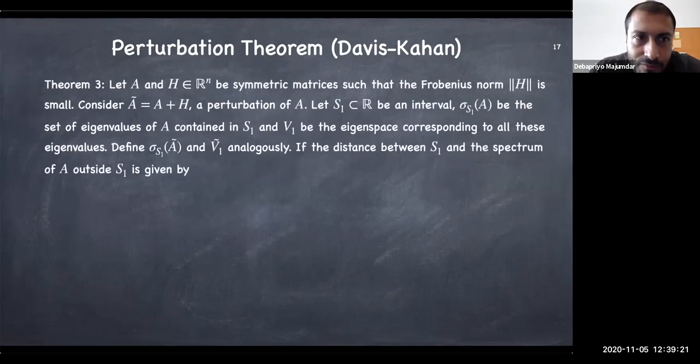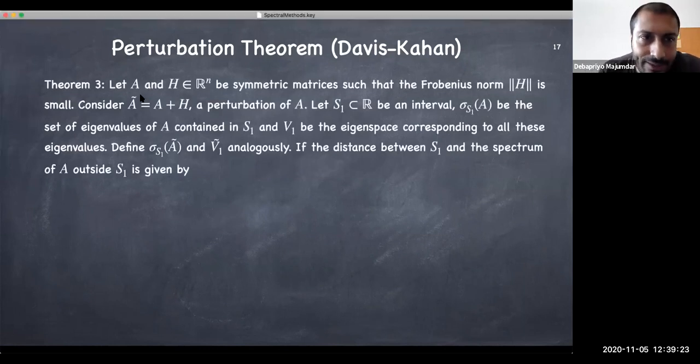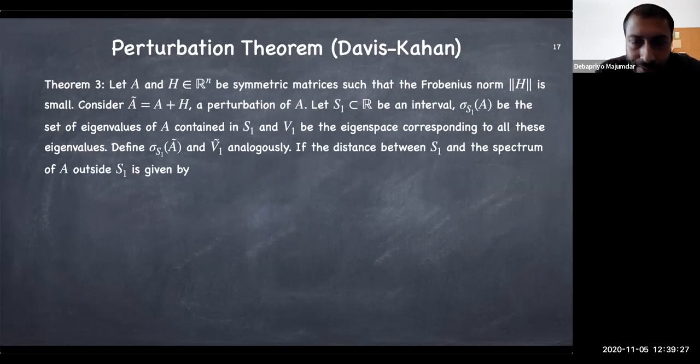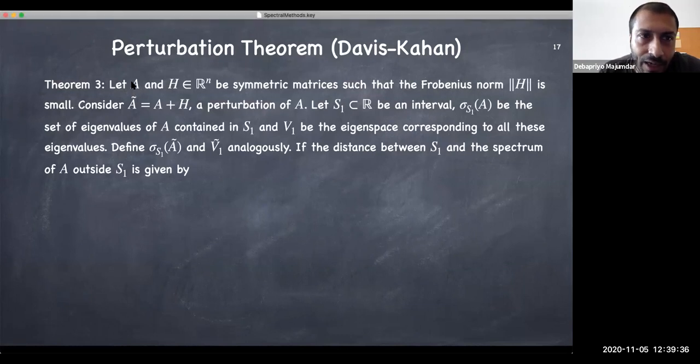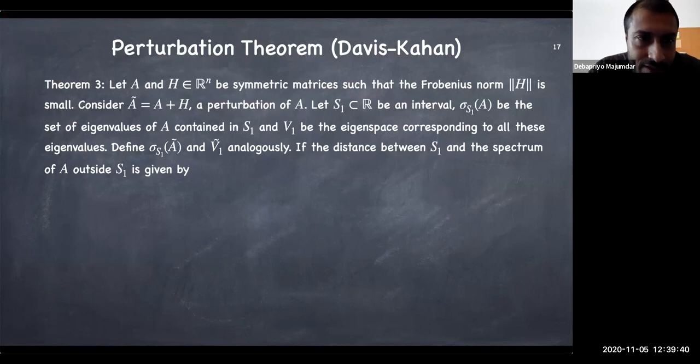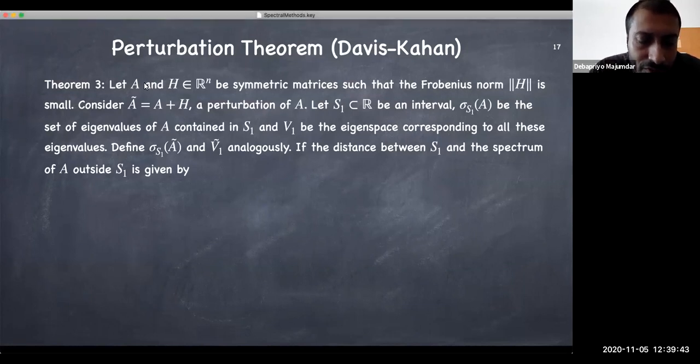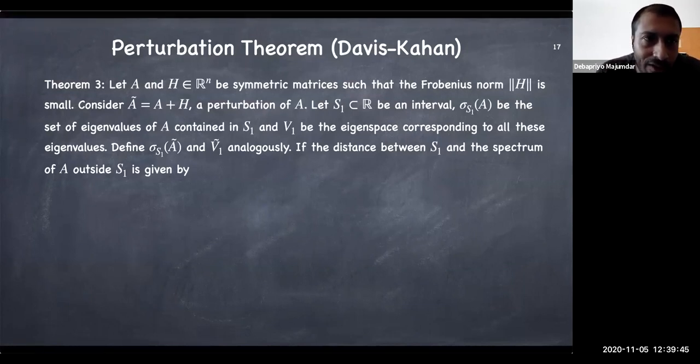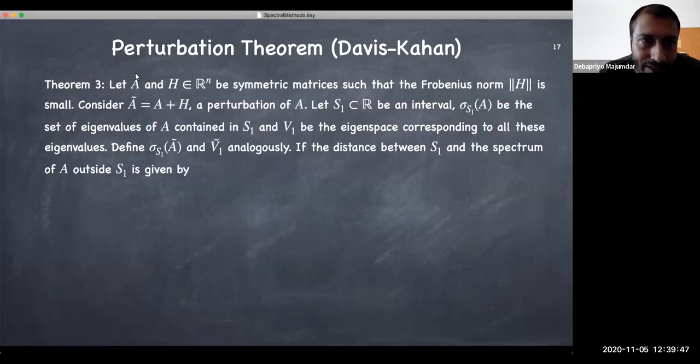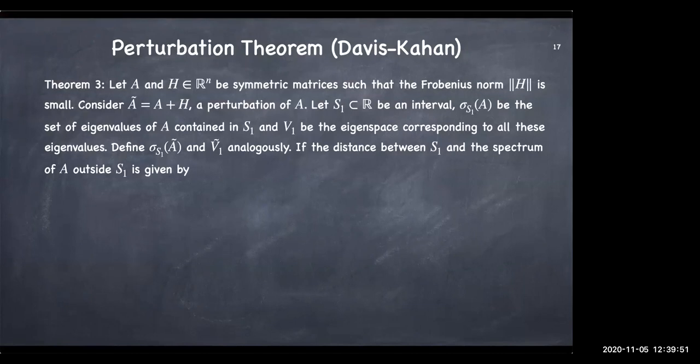So the theorem goes the following. Let A be our, so I'll actually also give you the context besides the mathematical statement. I'll give you the context in terms of what it means for our application. So let A be our adjacency or Laplacian. Actually, in our case, it will be the Laplacian, the matrix for which we will compute the eigenvalues. So let A be whatever matrix it is, and let that be the ideal case we hoped it would be